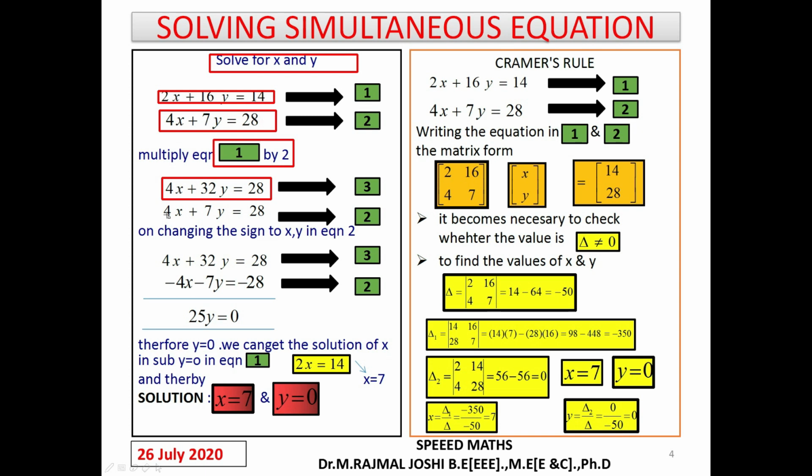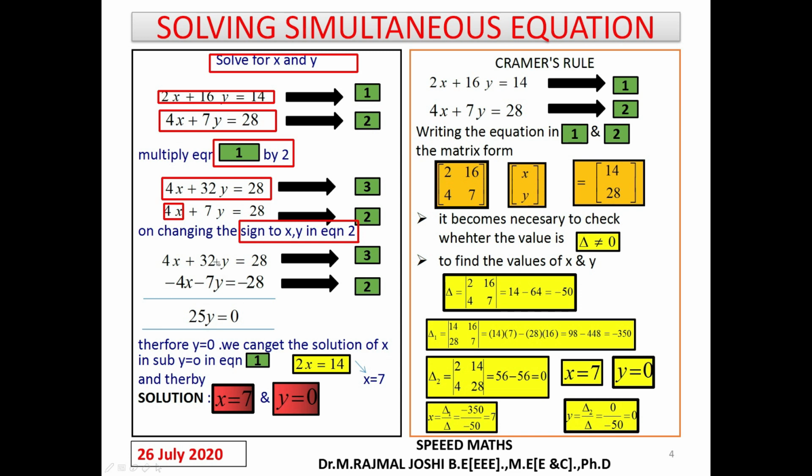The second equation, we'll write that, and from that I'm going to take the x part alone instead of taking the entire equation. Our objective is to cancel the x part or the y part. So in this case I have taken the smaller number so that the x part will get cancelled here. And before trying to find the solution, we need to change the sign in the original equation 2. So you need to change the sign of x and y in equation number 2. Start from the left hand side and write the opposite sign. In 4x we have plus, so we have written minus. In 7y we have positive, so we have written minus. And plus 28, so we have written minus 28.